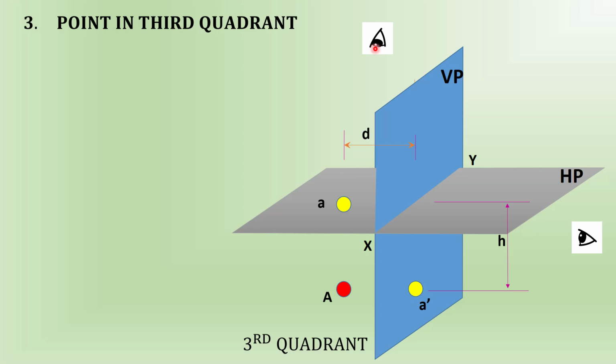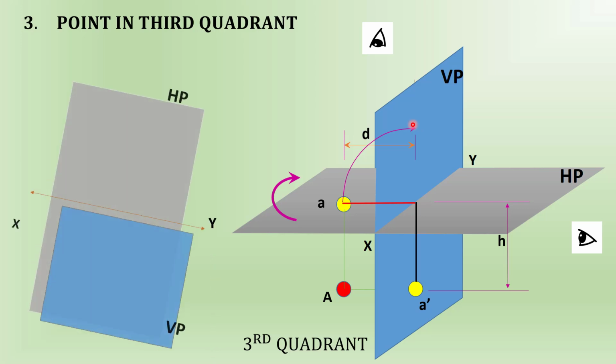Then when you look from the top, you assume that the horizontal plane is a transparent one. So the image of this one appears to lie on the horizontal plane somewhere here. So a denotes the plan and a dash denotes the elevation. Now we need to mark the projectors. So I have marked the projectors here, vertical as well as the horizontal projectors. The image of this vertical projector will be obtained like this. The image of the horizontal projector will be obtained like this. Now we need to rotate the horizontal plane in the clockwise direction. So when you rotate the horizontal plane, the plan also will be rotated through 90 degrees. So it will be somewhere here.